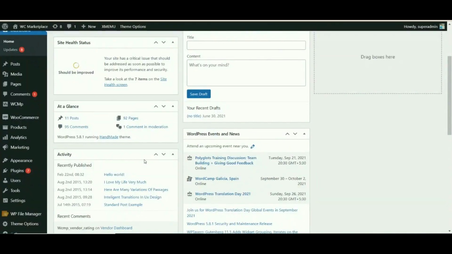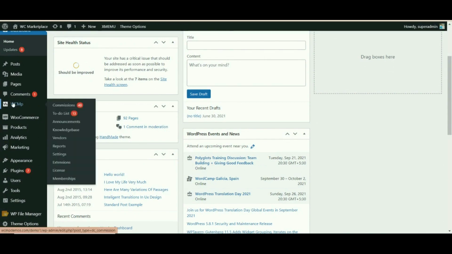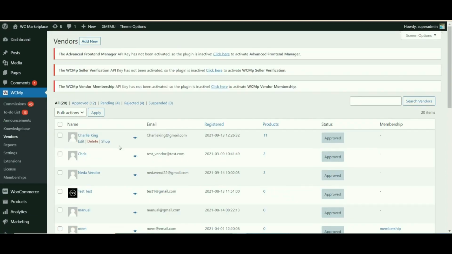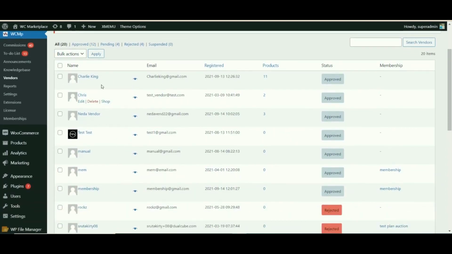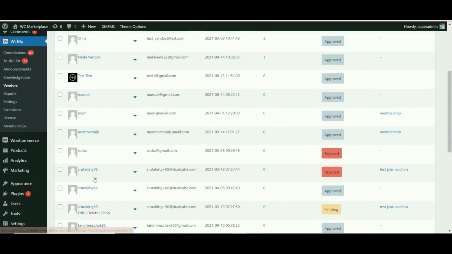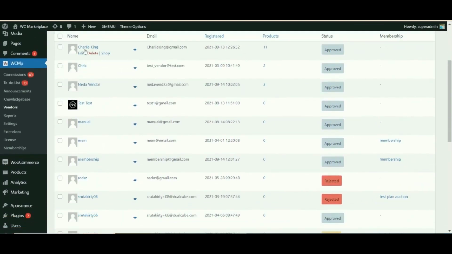Now we shall be proceeding to learn about how you can add commission on the basis of every individual vendor. Once again, from the dashboard, select WCMP and from there select vendors. As visible, this is the vendor log page. Here you can select the vendor you wish to add a commission amount to.